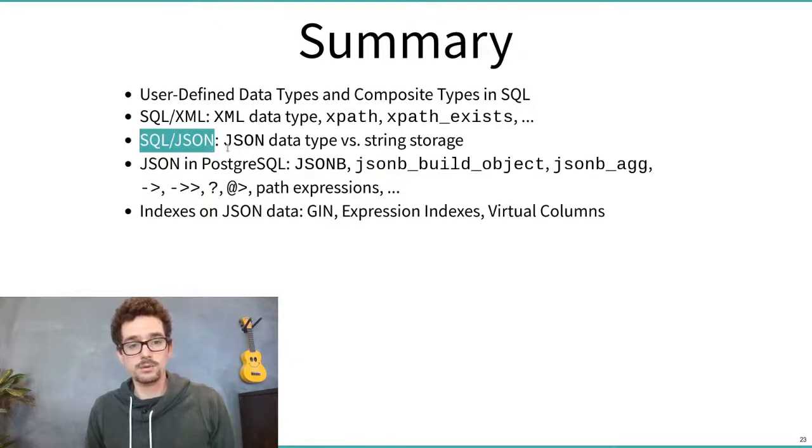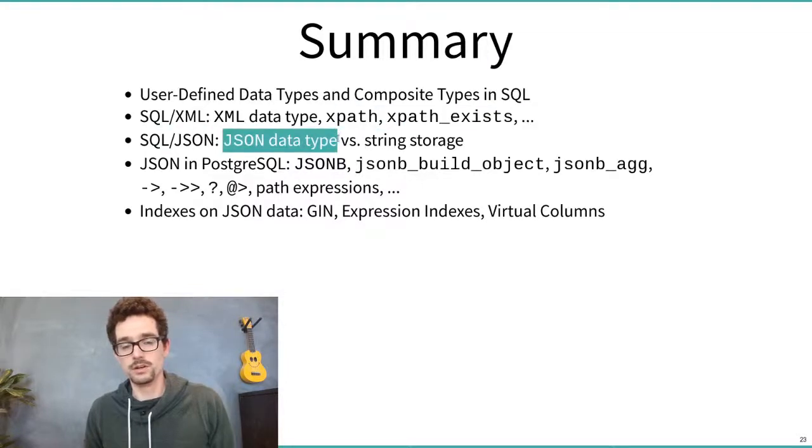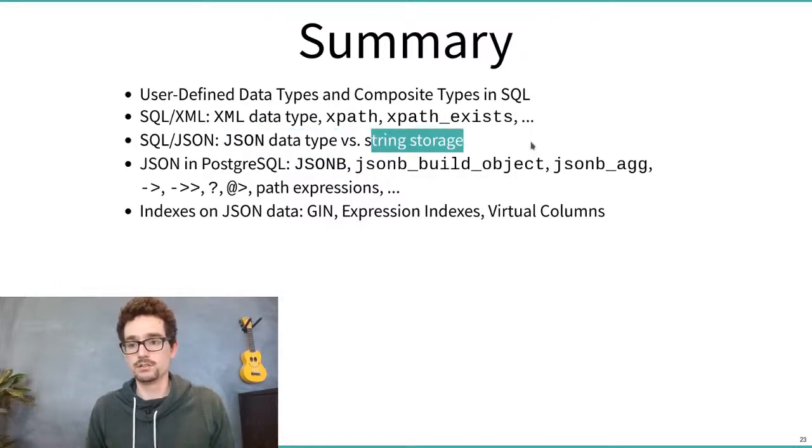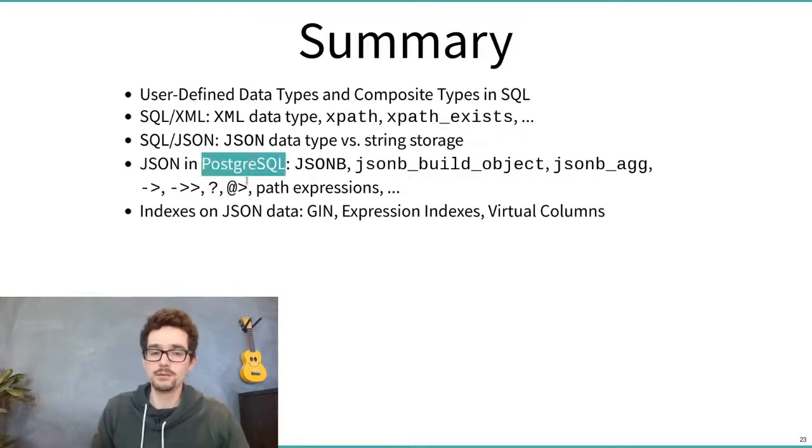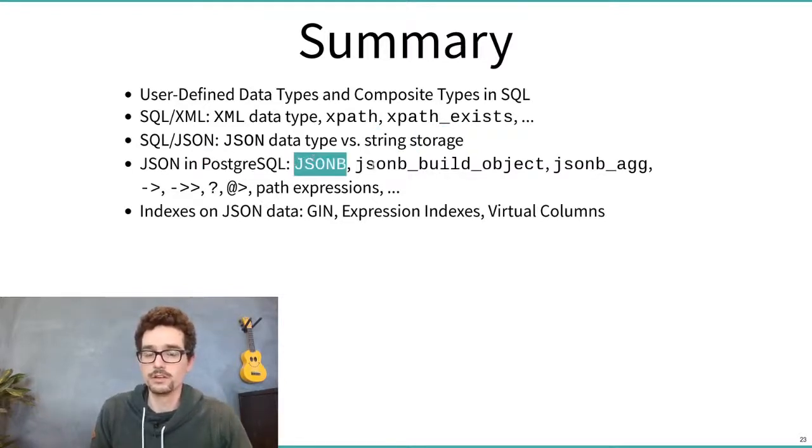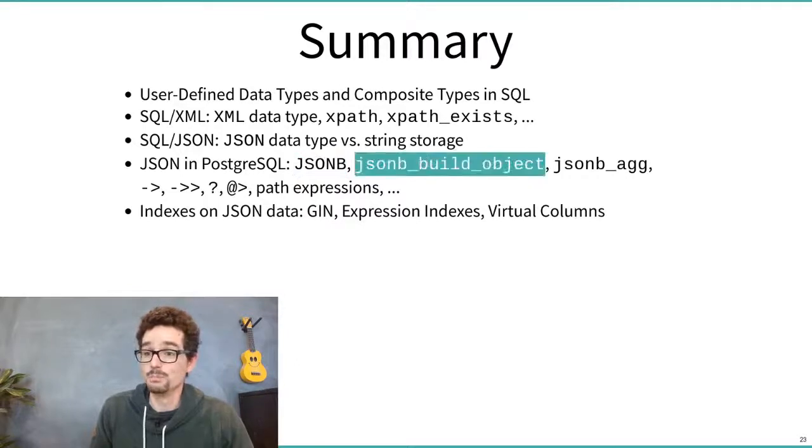JSON data type, JSON B in Postgres, or other JSON data types in the SQL standard. So we took a look at the difference between native JSON storage or storing JSON as a string. In PostgreSQL, we had many examples. We took a look at the two data types, how to build JSON with